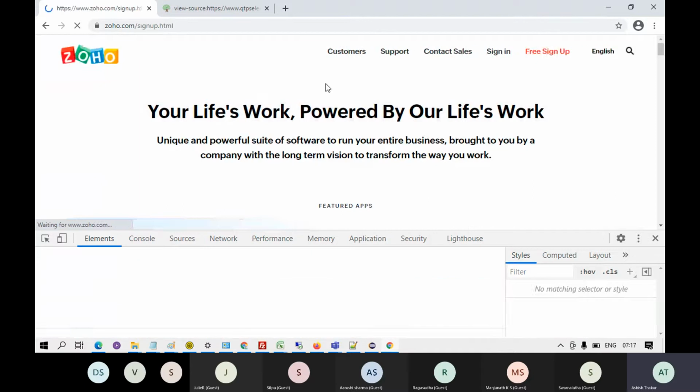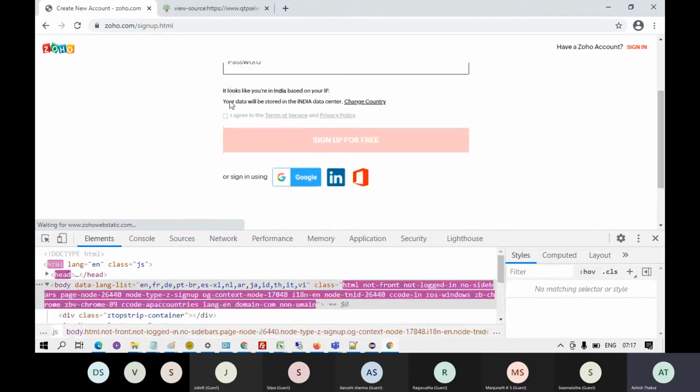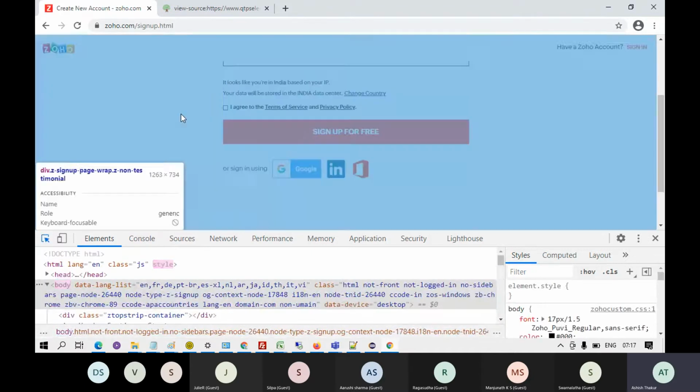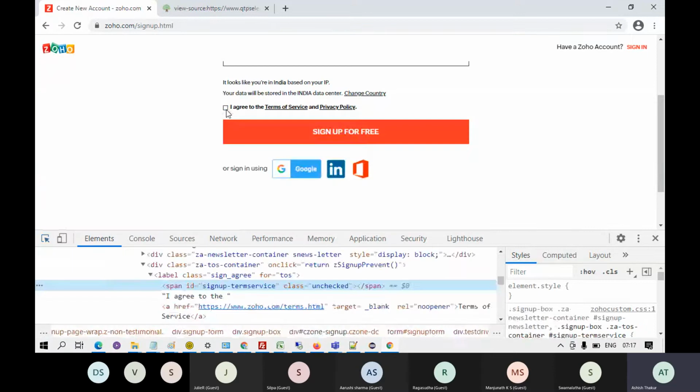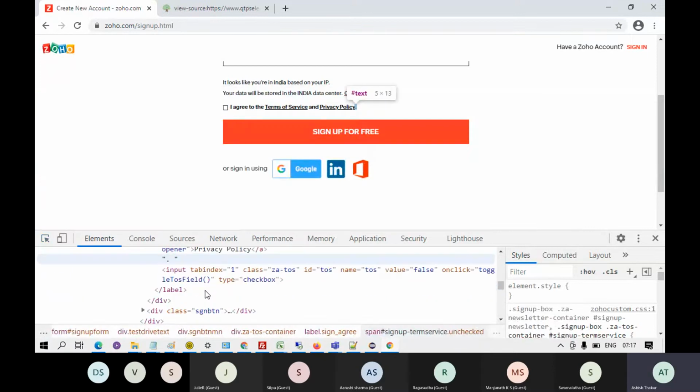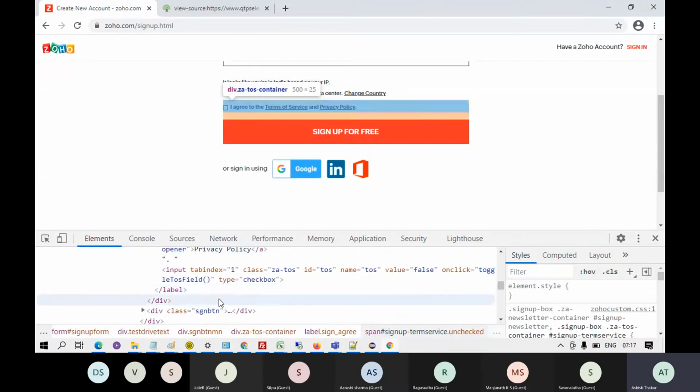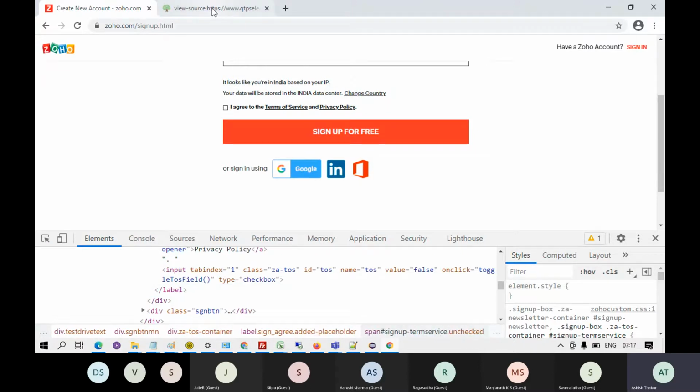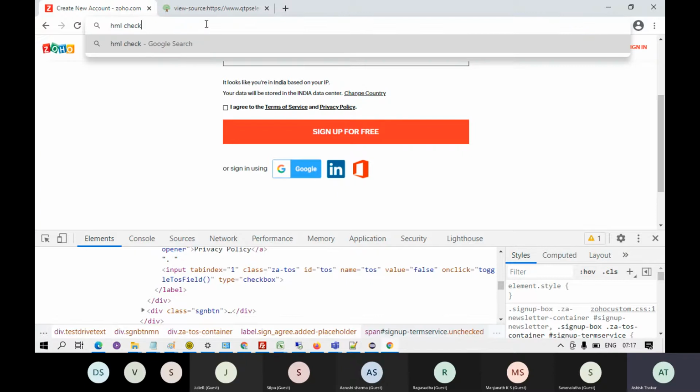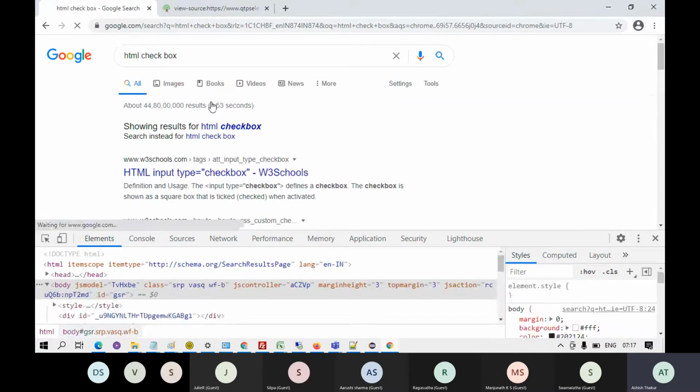You go to the free sign up web page, and there is a small checkbox over here. This is actually HTML, it's not actually a checkbox. Hold on. HTML checkbox. Actually, from Facebook they removed it.